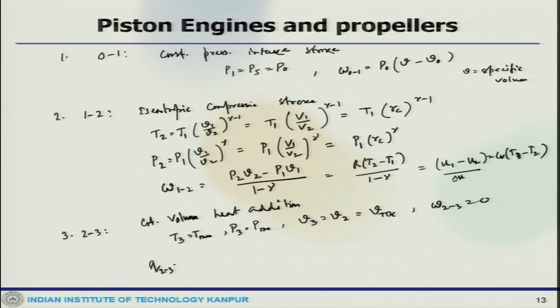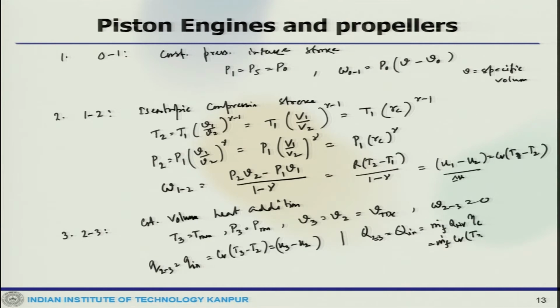So, Q 2 to 3 is Q in, which is C v (T 3 minus T 2), which is U 3 minus U 2, and Q 2 to 3 is Q in, which is m dot F times the heating value times eta C, which is m dot F C v (T 3 minus